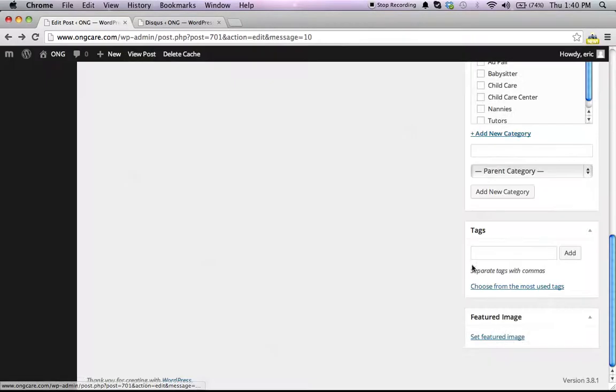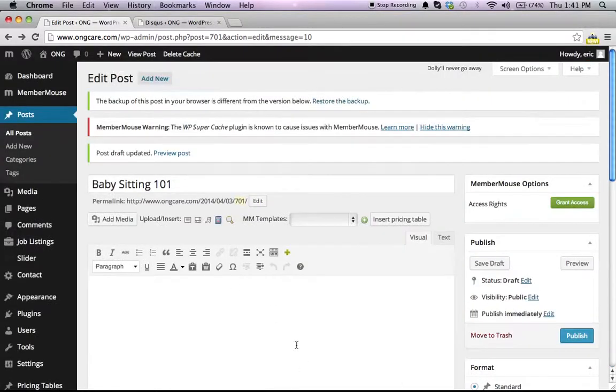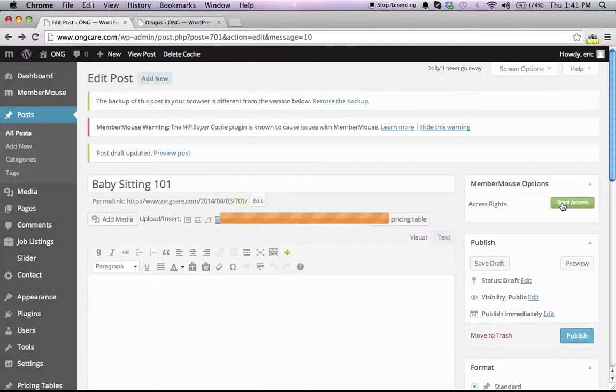And there you go. There's your blog. All right. With MemberMouse, if it's a page or if it's a post, sometimes you can gate the content so that people have to have rights to look at the content. So this little button there,